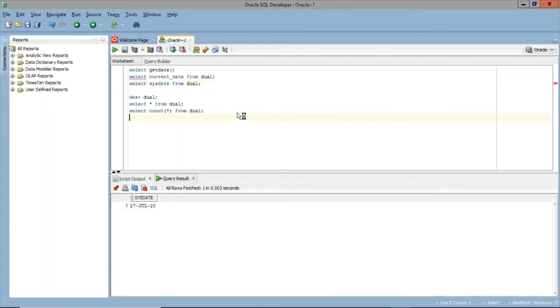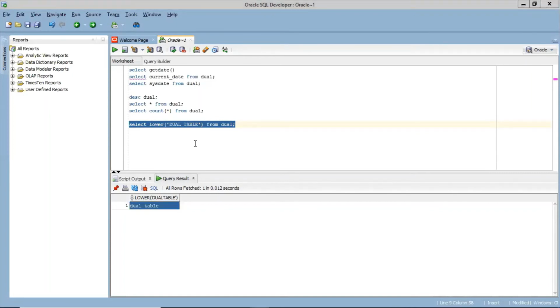And as I said, you can use functions also. Select lower of 'DUAL TABLE' from dual. Now see, it converted to lowercase.